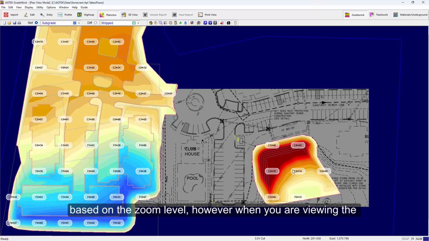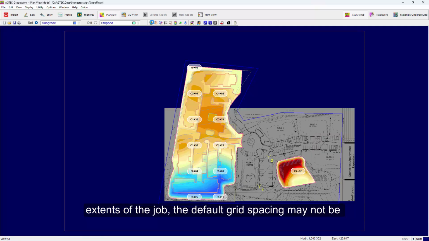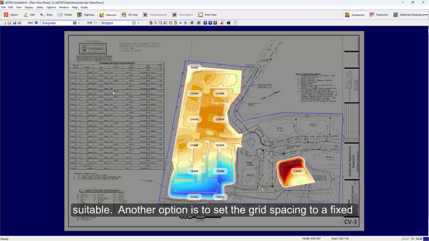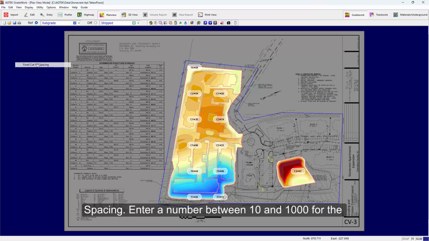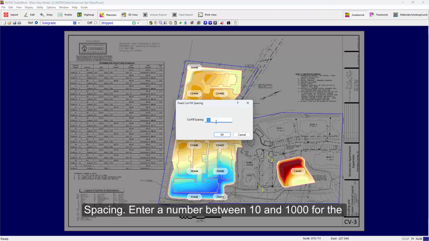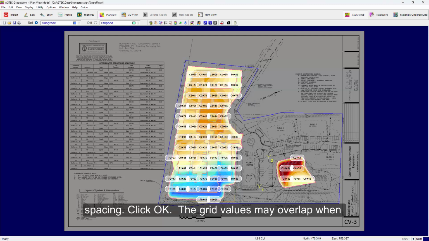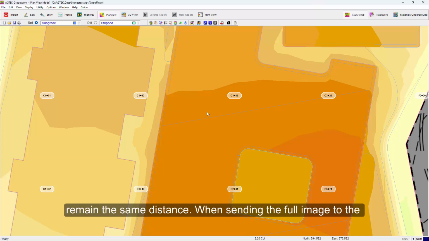However, when you are reviewing the extents of the job, the default grid spacing may not be suitable. Another option is to set the grid spacing to a fixed distance. Select the View menu and select Fixed Cut Fill Spacing. Enter a number between 10 and 1000 for the spacing, and click OK. The grid values may overlap when displaying the extents, but when you zoom in, the spacing will remain the same